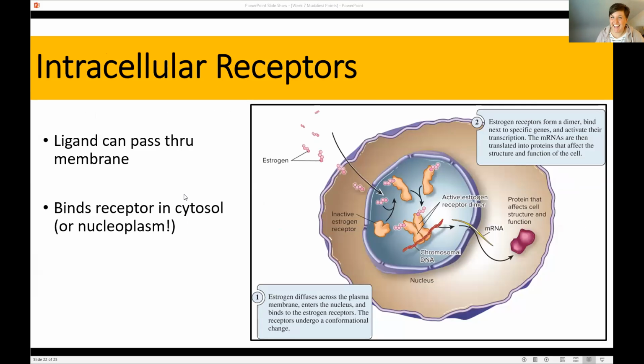Okay, so this is where I get a little excited because, like I said, I hated cell signaling when I was in undergrad, but I learned to love it. One of the reasons I learned to love it is because cell communication is essentially how your body communicates, how your body gets messages and how your body responds to those messages.